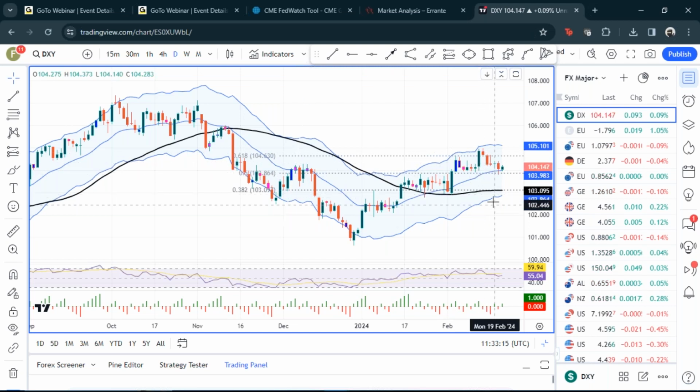with that upside break. Have found support around the halfway point of this move. That's at 103.86, so that'll be interesting. That held previously and has held again yesterday at least. Whether we then do bounce off this back up to sort of 104.63 or break down below, and then we're back in this sort of range that we saw in January with the 50-day moving average, and then the next fib level around sort of just above the 103 level. Okay, that's the DXY. If we now just look at that UK data as well out of